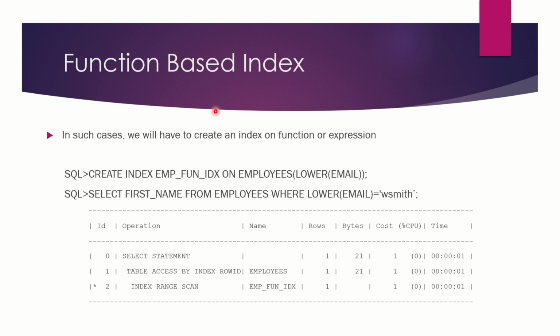So what is the disadvantage of the function-based index? If I modify this select query with, instead of lower, the upper function here, then the function-based index which we created in the previous step will again become invalid and won't be applicable. So if I put an upper function here, I have to create a second separate function-based index with the upper function separately in the index statement. So this is the disadvantage of the function-based index. Not only upper or lower, if you replace this with any other function, you have to create a new separate function-based index accordingly.